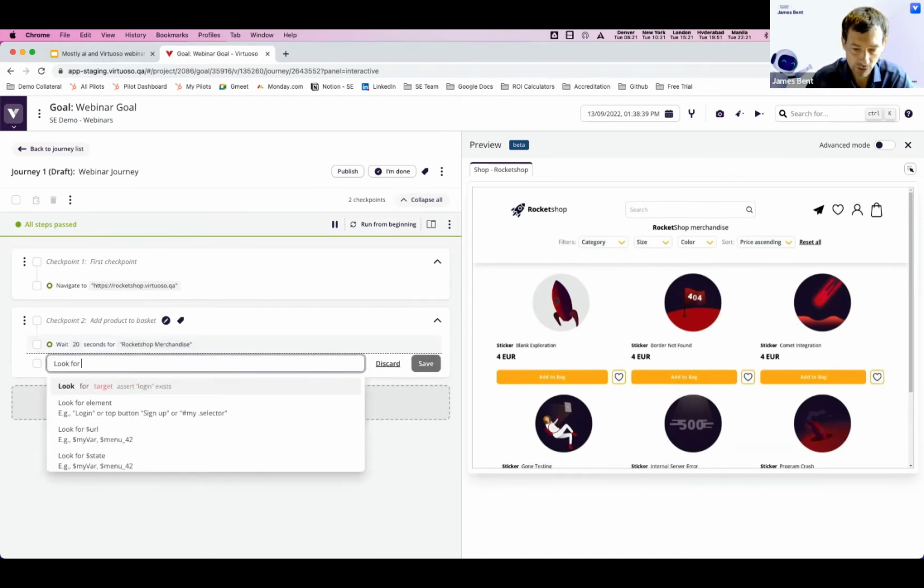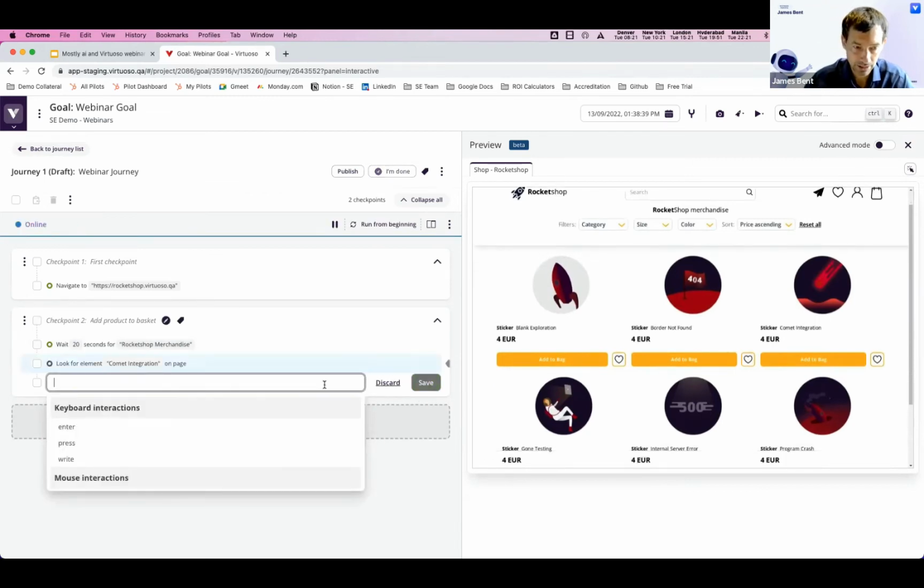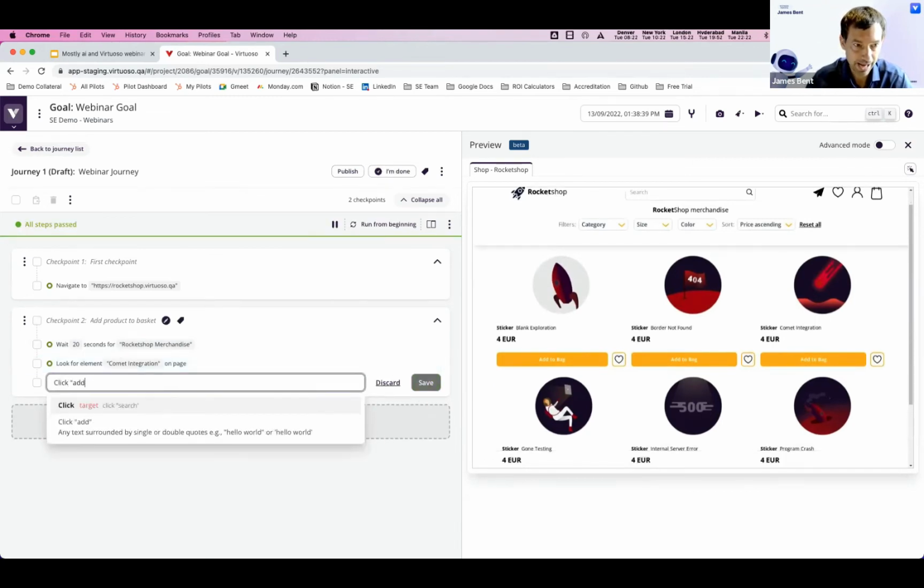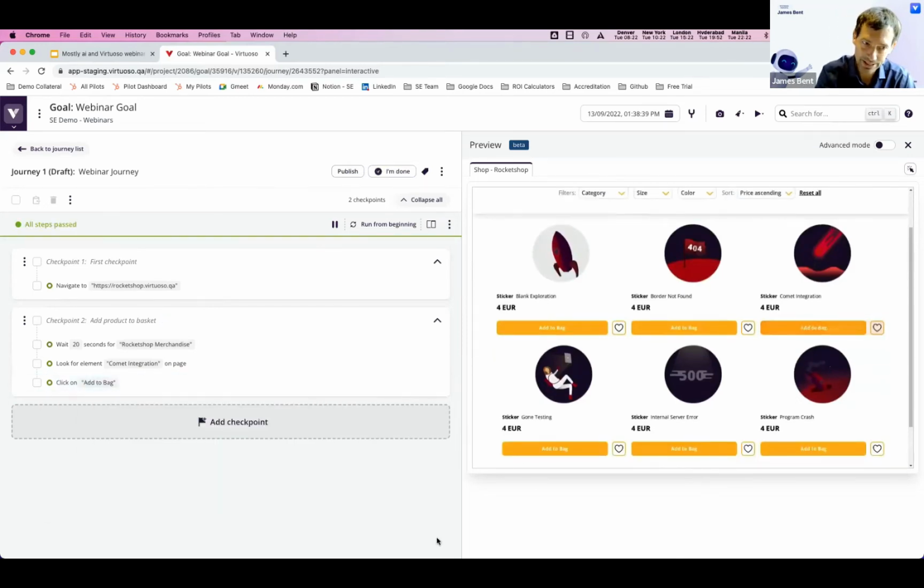We're then going to say look for Comet integration. The reason I'm doing this is because the next thing I want to do is click add to bag, and there are multiples of those. So I'm saying look for Comet integration to give context as to which add to bag I want to click, which then I could just say click add to bag. So I am simply writing natural language. I don't have to set up keywords or elements. I don't have to know selectors. I'm just using what I see on the screen. I'm using natural language with, in this case, click add to bag. And when I write the step, it runs it, clicks on the button,